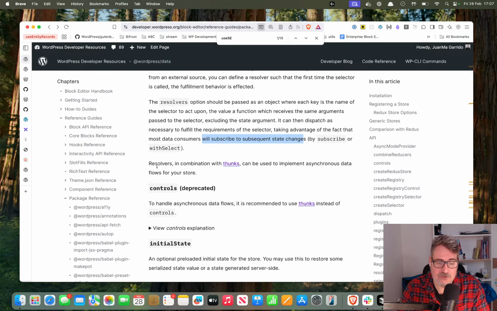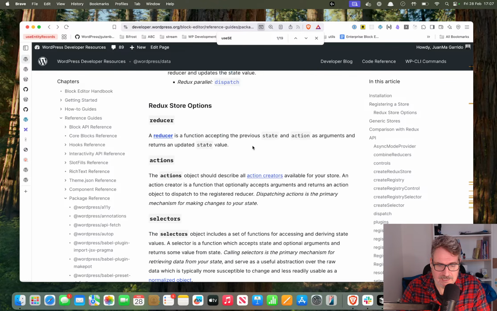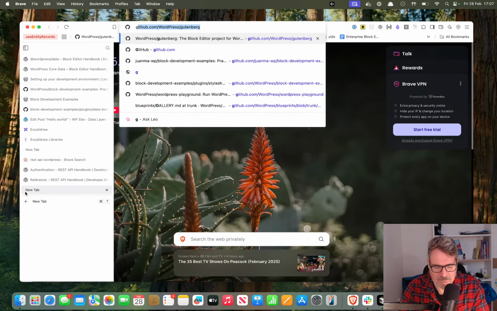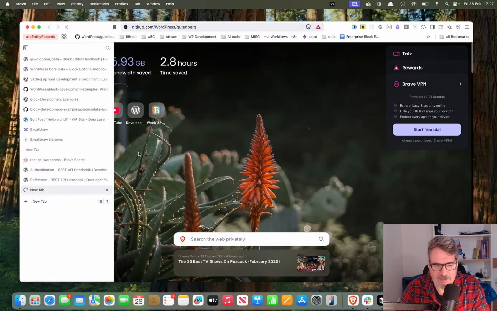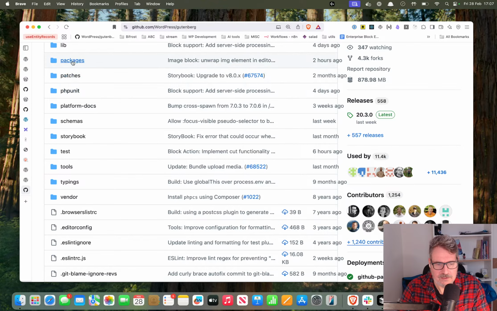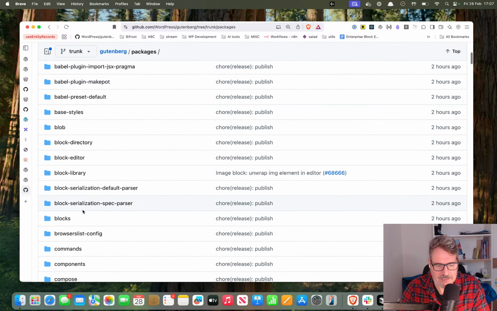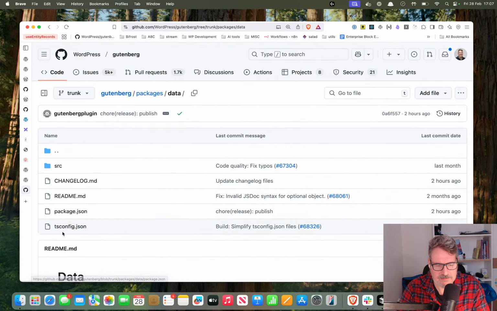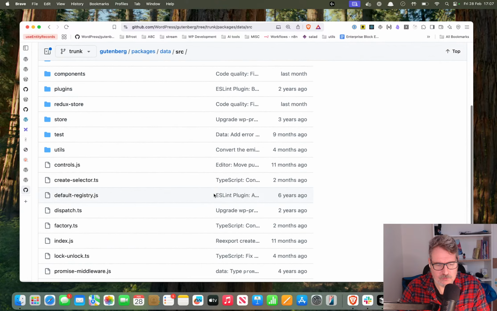And then it says, resolvers in combination with thunks can be used to implement asynchronous data flows for your store. And thunks are this thing here. So thunks is a middleware that we can actually be a bit freaky, and we can check it. If we go to the package data,